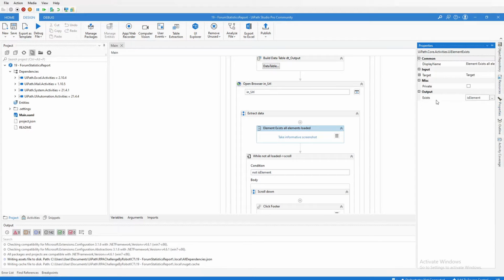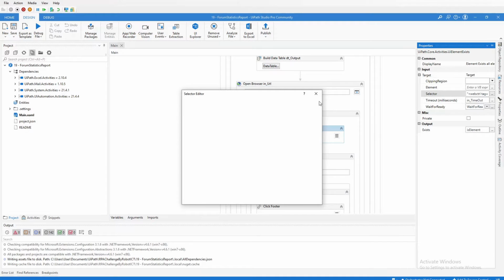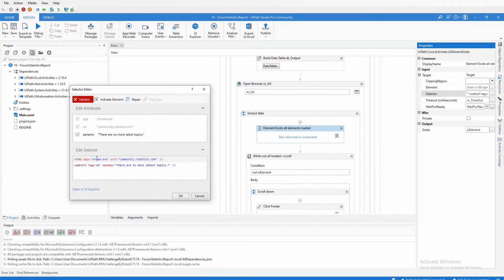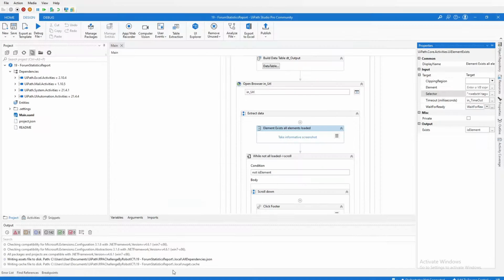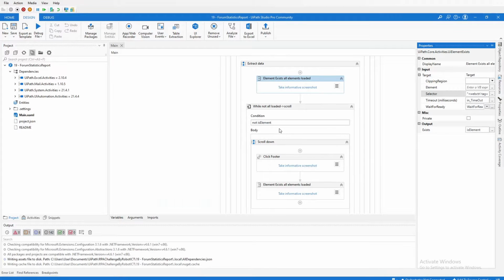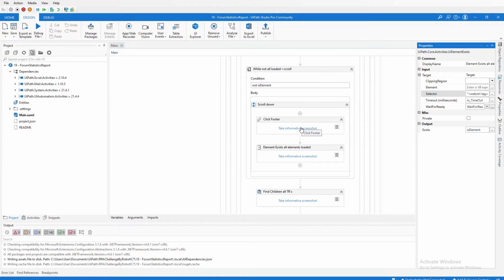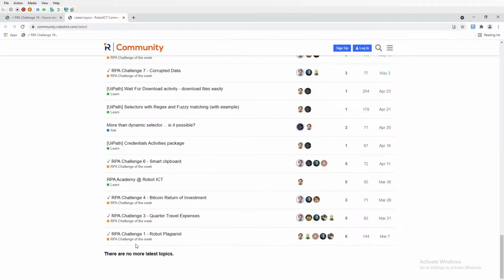Oh, I forgot what element it looks for. Oh, okay, there are no more latest topics. So it searches for this element, and while this element does not exist, the bot clicks into the footer part of the page, so somewhere here, and